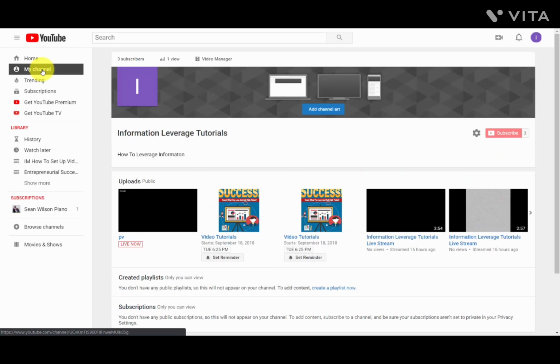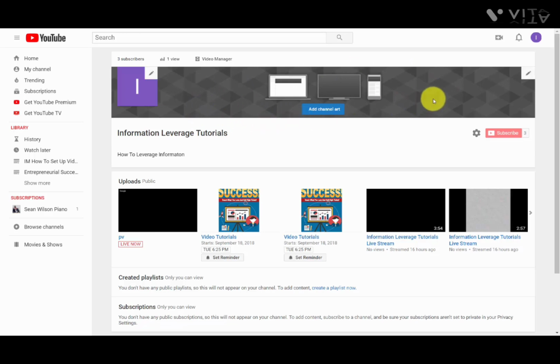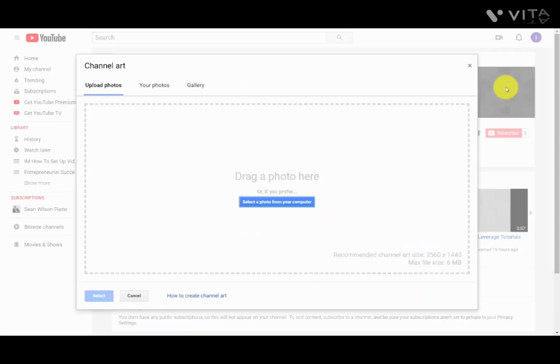When you get to that area, you're going to notice a couple of things. The first thing you're going to notice is that you're going to have some artwork that you can alter. So what you're going to do is go to the right side, and you're going to see this pencil, and you're going to click on it. You're going to click this link that says Edit Channel Art. Now basically then you have a recommended channel art size. So this is something that if you want to have created on Fiverr or some other site, you can do that. Or if you already know how to create your own graphics, you can have one created, but you definitely do want to have it at this